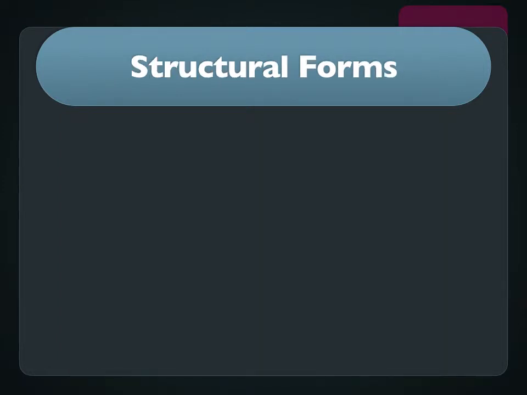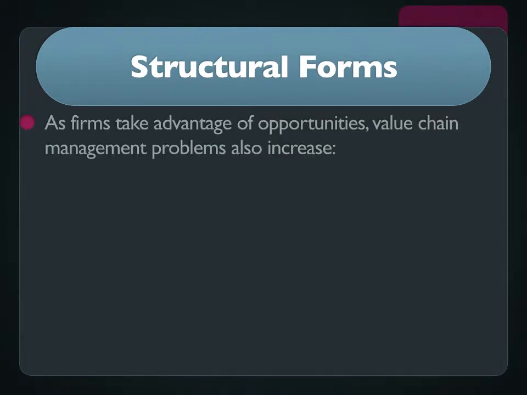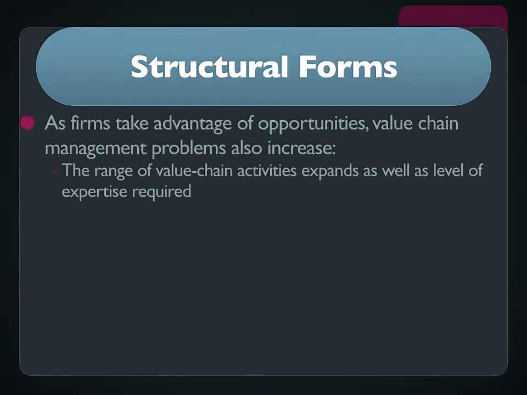So let's talk about structural forms. So structural forms as the next part of organizational architecture. So the idea is that as firms take advantage of opportunities, value chain management problems also increase. So the range of value chain activities expand, as well as the level of expertise required. And so you can think about the growth of a small business into a regional business, into a national business, into a multinational business. So a company like Walmart,